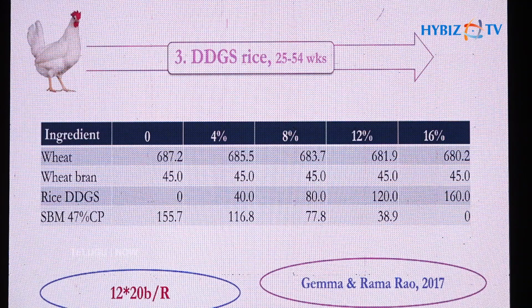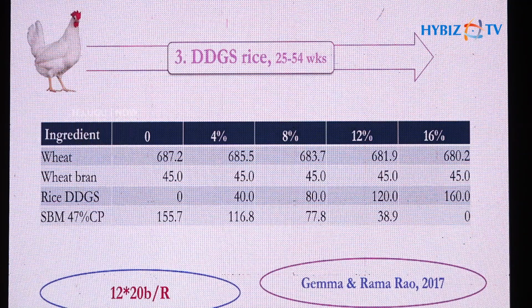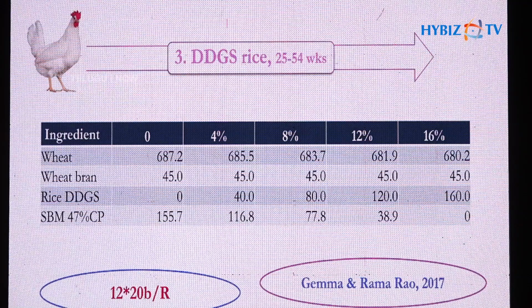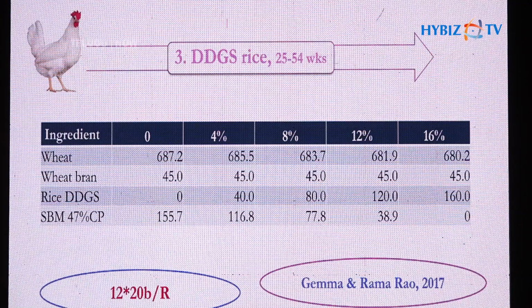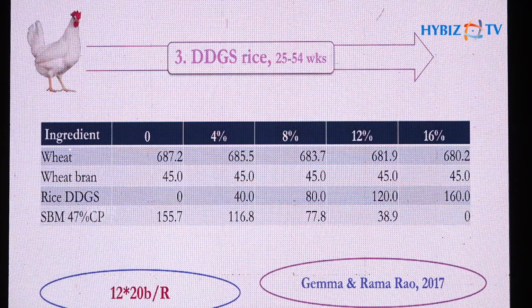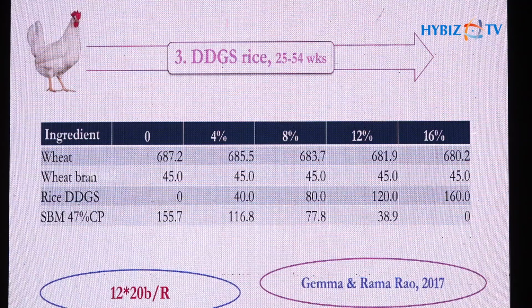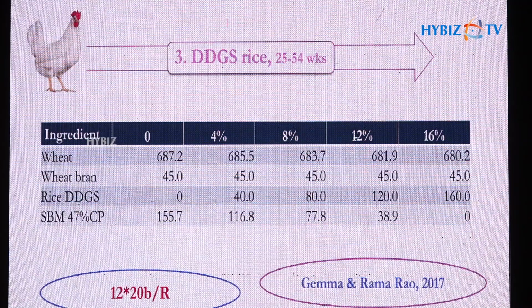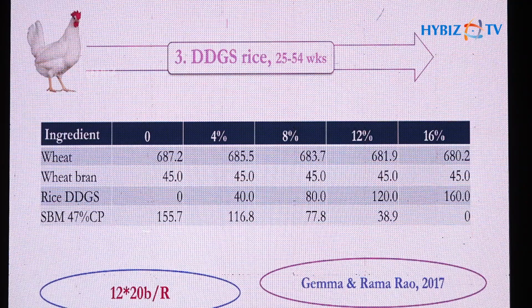So this DDGS, one should be very, very cautious about the particular DDGS because it is prone to many contaminations, particularly mycotoxins. So when the DDGS is good quality, which means there is no apparent detectable quantities of the mycotoxin in the DDGS, we included it up to 16%, from 0 to 4, 8, 12 and 16%, and proportionately the soybean meal was almost zero at the higher level of DDGS in the diet. But here also